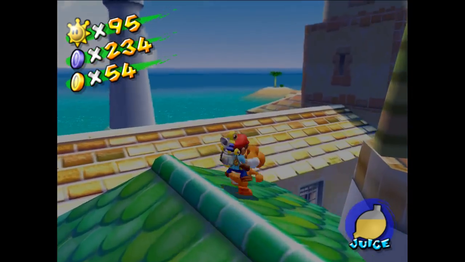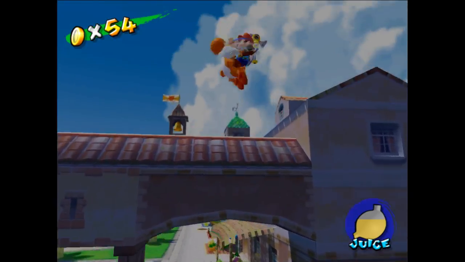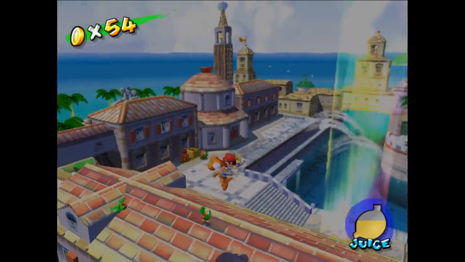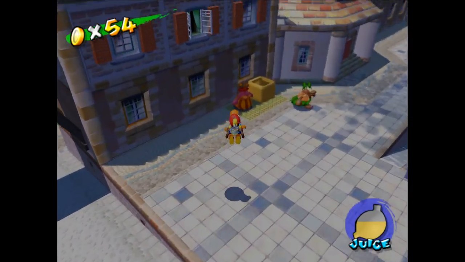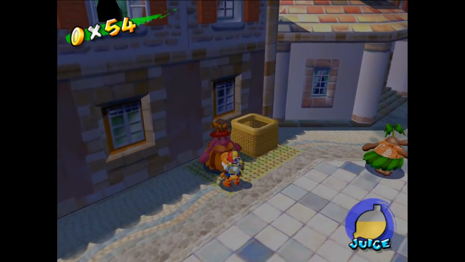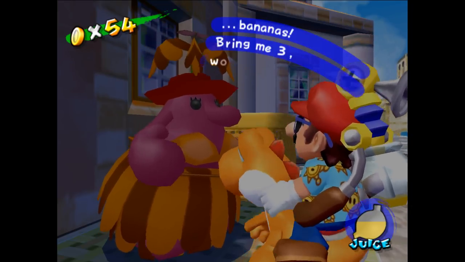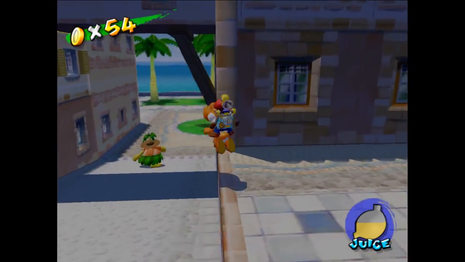Okay, so there's one blue coin at the airstrip, so I actually only need to get 5 more from here, and I don't think I need Yoshi for anything else, so... But I mean, I'll keep him until I definitely don't need him. Can you talk to people while you're on Yoshi? Yes, you can. Okay, so this one wants bananas, and there's a banana tree right around here,